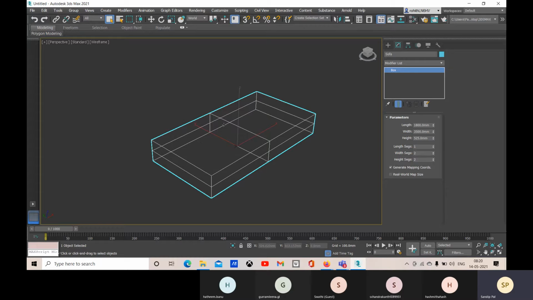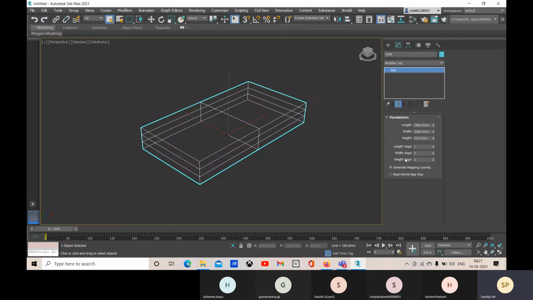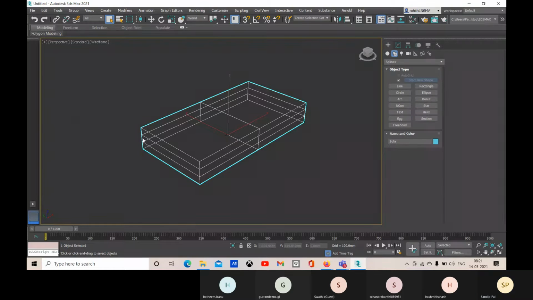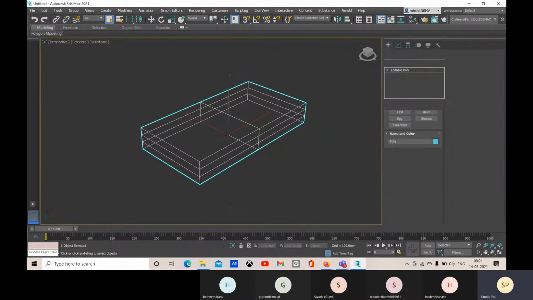So now I don't need in the length direction, so I will add like this. Okay, and for height segments, how many segments you need, you will define it here. And after that, right click, convert to editable poly.